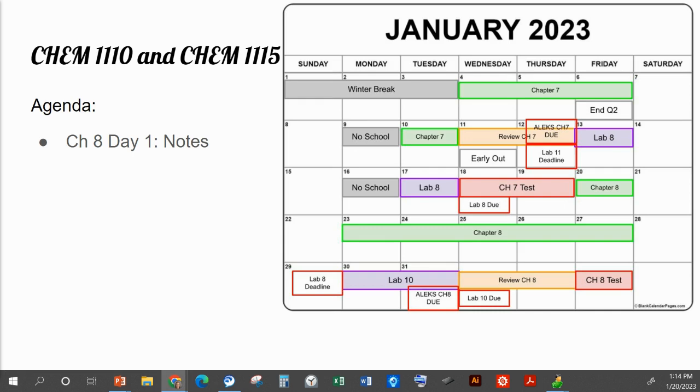Chapter 8 also has a little bit of math. It has a little bit less math, but it still has a few problems with some math. And then chapter 9 also has some math, and then chapter 10 has like one problem that's sort of math, and then the rest of them don't have math. Okay. So that's kind of where we're headed. Questions on our schedule?